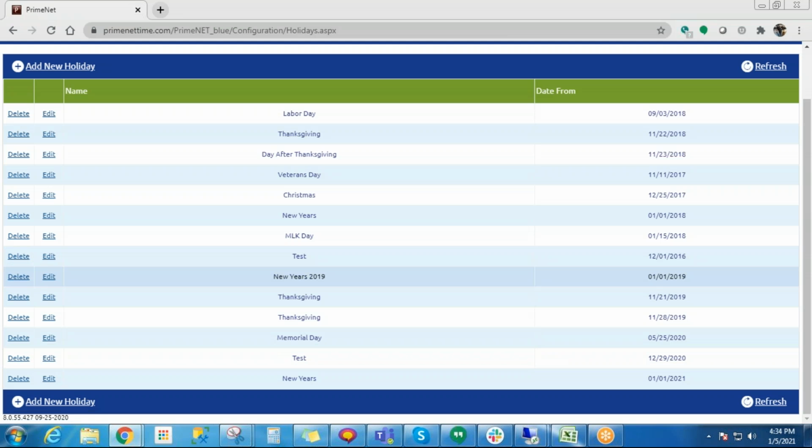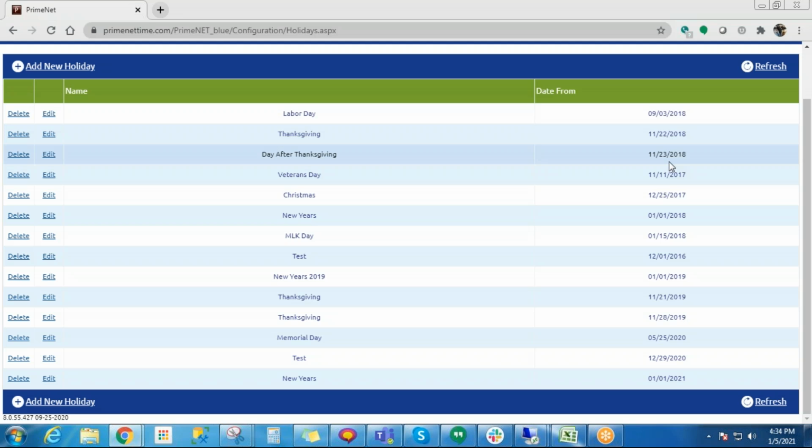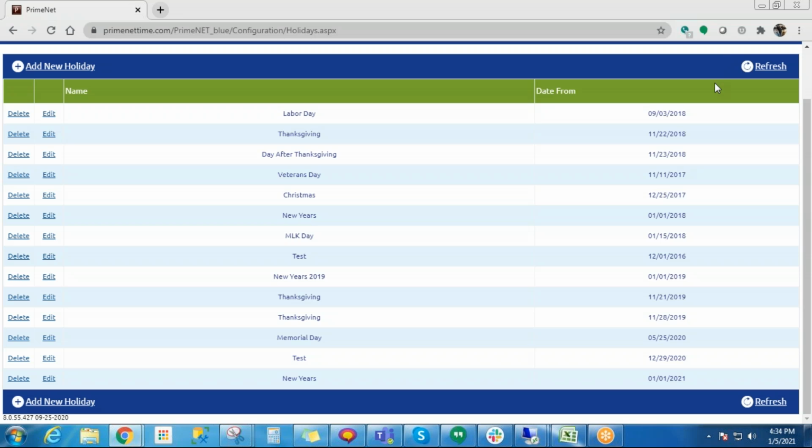Even though there's Edit over here, we don't want to edit and change the dates of these, as they may still be in use for reporting purposes and things like that. So instead, we're going to add a new holiday from the upper left, or you could do it from the bottom left, either one. So we'll click Add New Holiday,